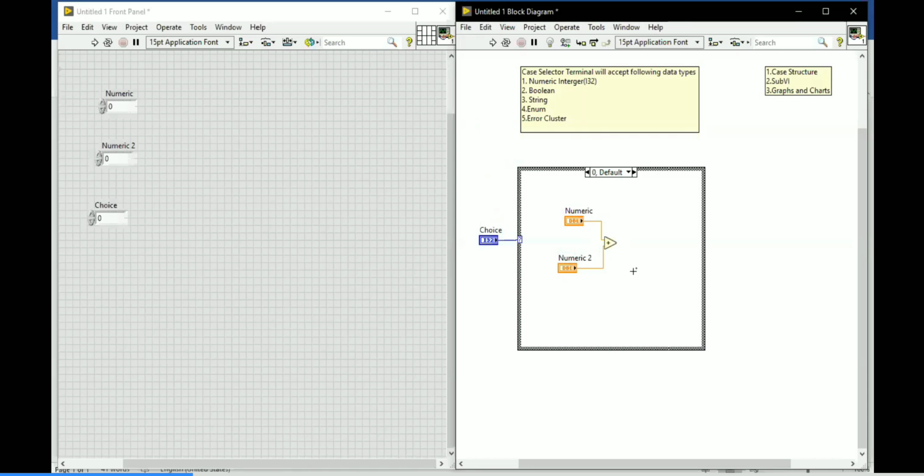In this case, you will define only 2 inputs over there, and you would keep them because the same input is going to take the value for all the choice values. Suppose we are performing subtraction also, it will take the same value. So now we are placing them inside the case structure.